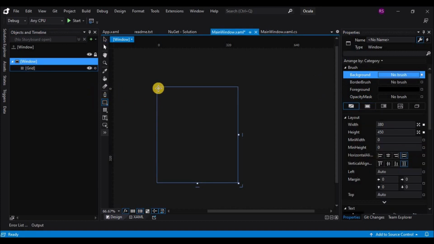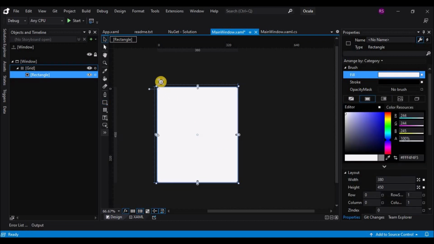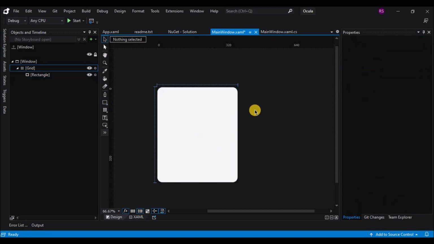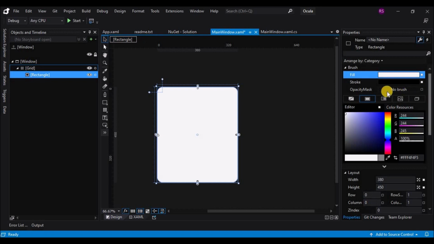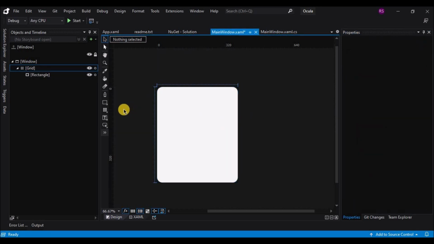Now we'll draw a rectangle on the window, or to say the grid, and change the radius and also remove the stroke. Now next we will draw one more rectangle. So this rectangle will serve as a button.